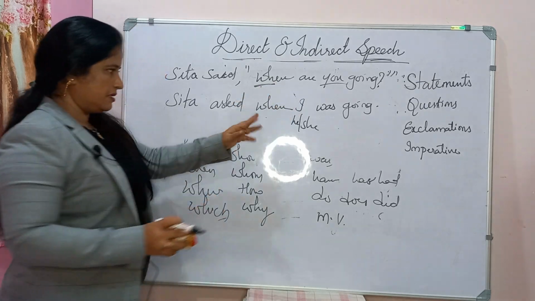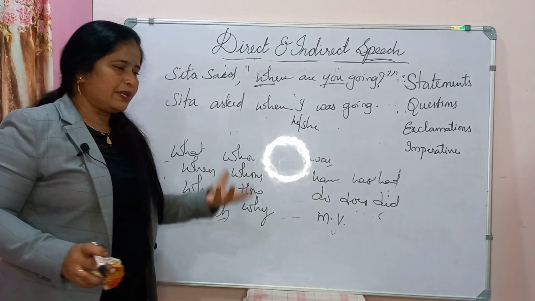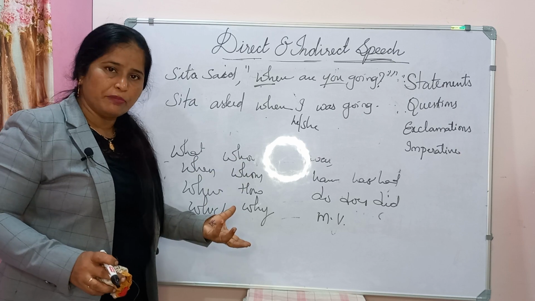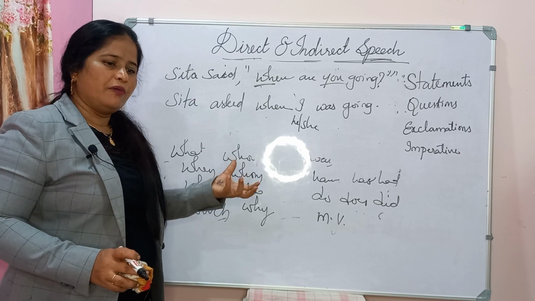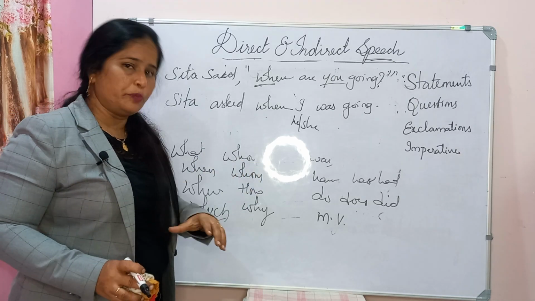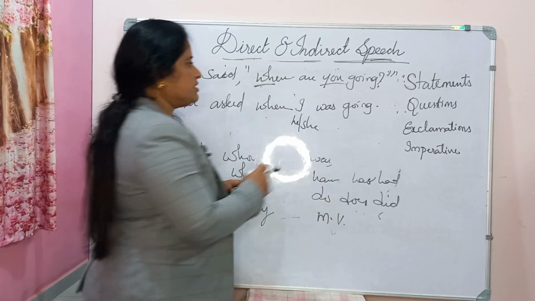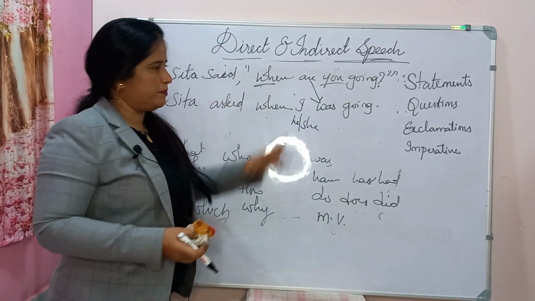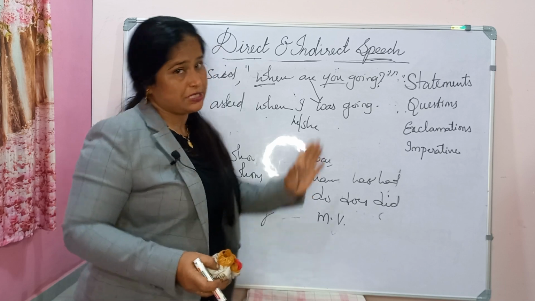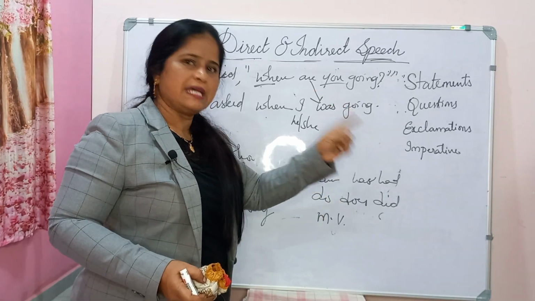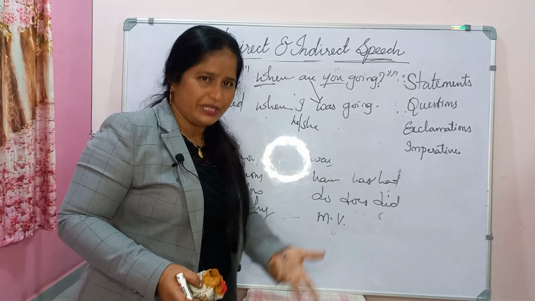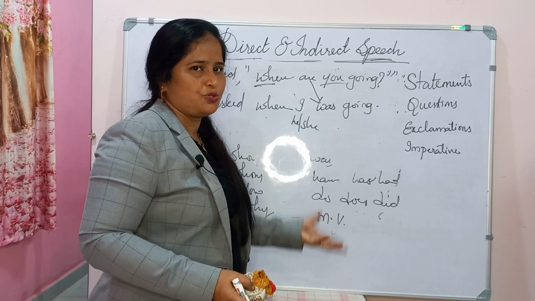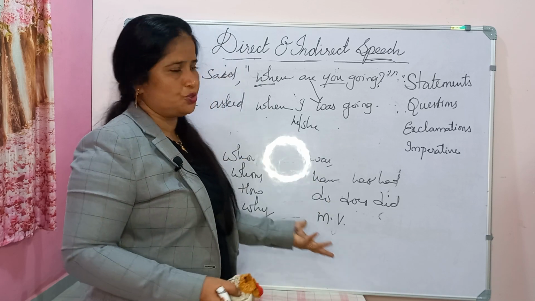Where are you going means, so where I was going. When are you going? When will you come back means when I will be back, when I would be back. In fact, when, so are will change into were. That is needed. Present tense will change into past tense because time has passed. When she has asked, it is 9 o'clock, and when I have conveyed, it is 10 o'clock. So time has to change, and when time changes, tense has to change.